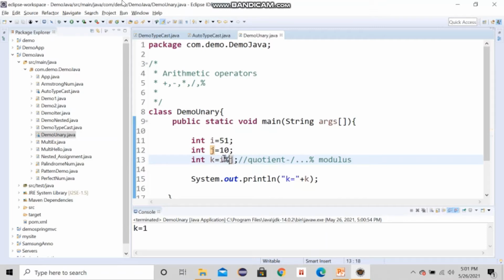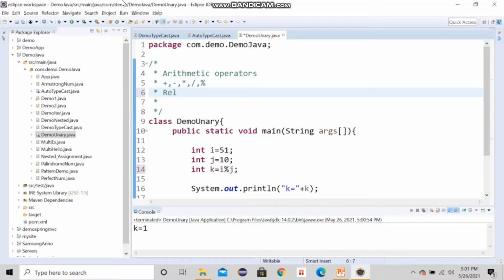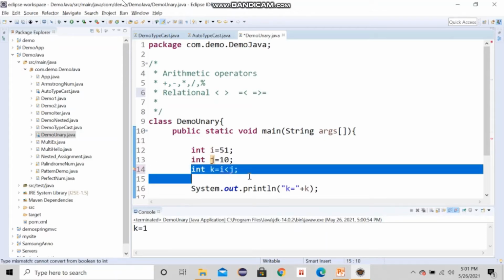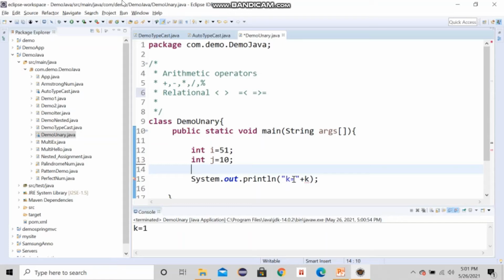Now we have a few more, like relational operators. Let's see relational after arithmetic. Relational operators are less than, greater than, equal to, less than or equal to, greater than or equal to. We will see all that. Suppose I want to check i less than j.